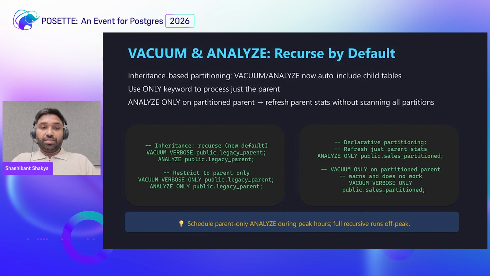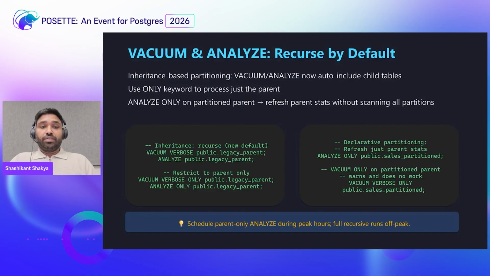But with PG18, for inheritance-based partitioning, when you do a vacuum analyze on a parent, it recurses into the child tables by default. If you want to fall back to the previous behavior and only vacuum analyze the parent, you can use the ONLY keyword. There are examples available in the SQL statements showing how you can do the vacuum or